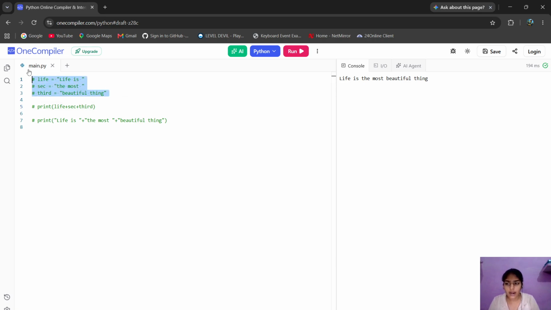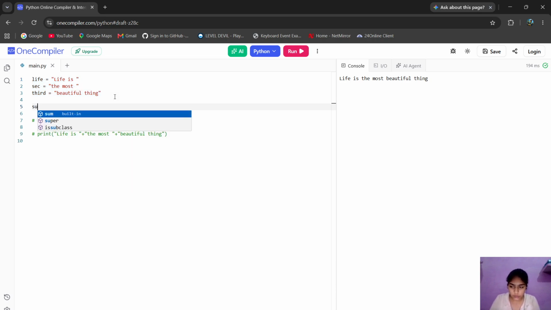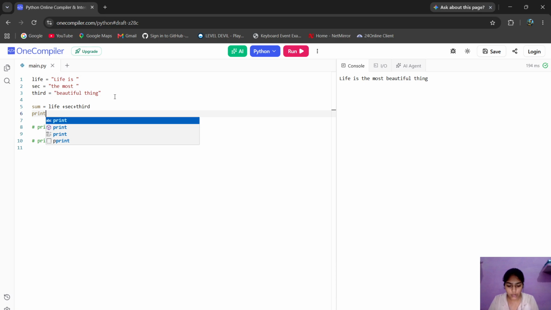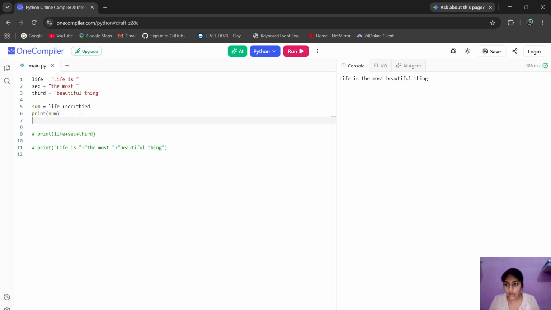Now we want to find the length of the string. How can you do it? Let's suppose we name it sum, equal to life plus sec plus third. Now we want to print sum. Okay, it gave this. Now we want to know the length of the string. So what we can do is do it like this: